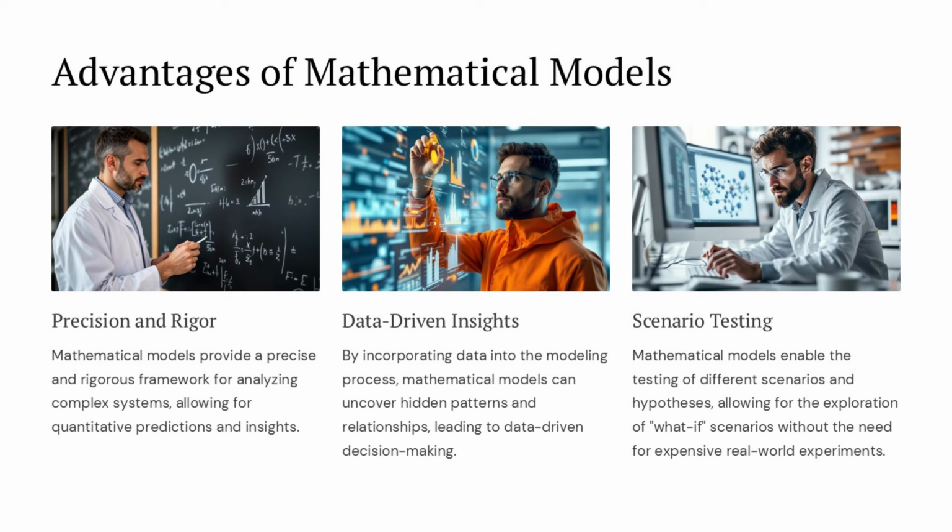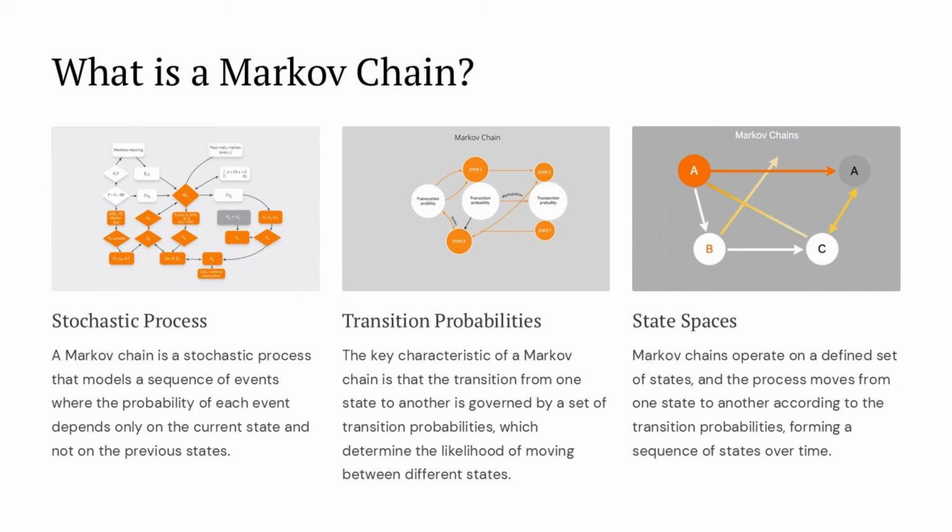Mathematical models provide a precise and rigorous framework for analyzing complex systems, allowing us to make quantitative predictions and gain valuable insights. By incorporating data into the modeling process, these models can uncover hidden patterns and relationships, enabling data-driven decision-making. The ability to test different scenarios and hypotheses through mathematical models allows us to explore what-if situations without the need for costly real-world experiments. A Markov chain is a type of stochastic process which models a sequence of events where